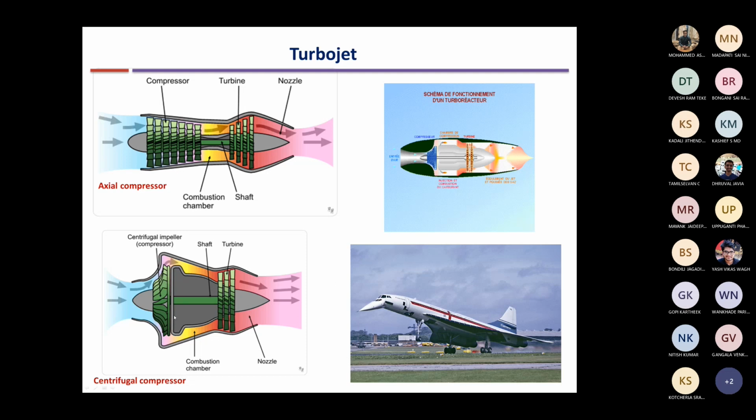This is showing only one stage, but if you need multiple stages for modern engines, then again you have to change the flow direction to axial, and then pass the air to the next set. Again, the air will come out radially. Even passing it into the combustion chamber, you have to change the flow direction from radial to axial. So it adds complication to the compressor, meaning the overall engine.